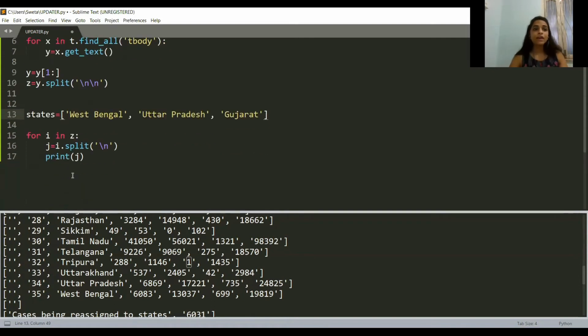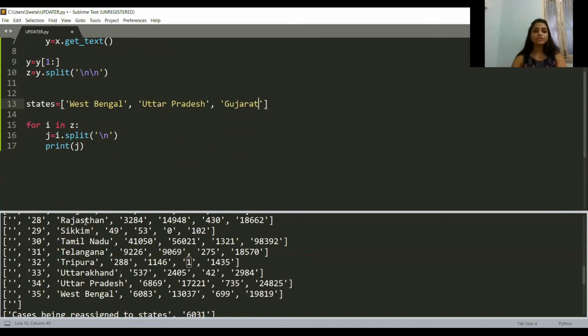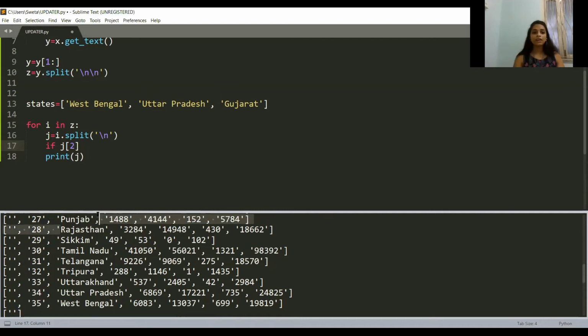Okay, now what I'm going to do, I'm going to print this information only for that state which is present in this list. So here I'm going to check for that thing. So I'm going to write if J2. J2 is actually the place where the name of any state is located. So I'm going to check if J2 in states, if it is true, then only return me the J. Okay. So if I run this,